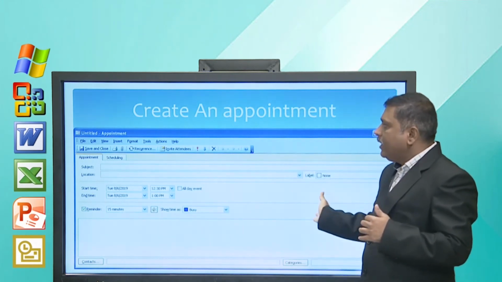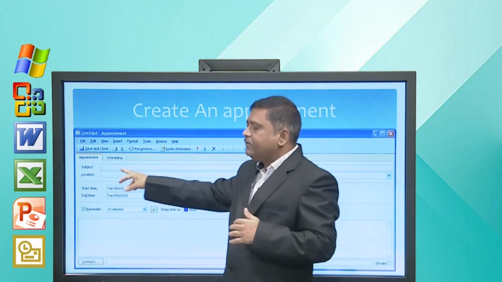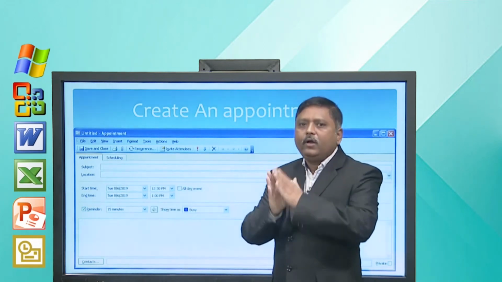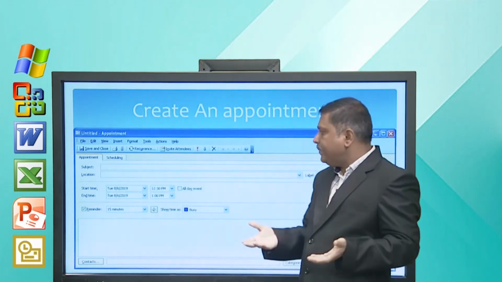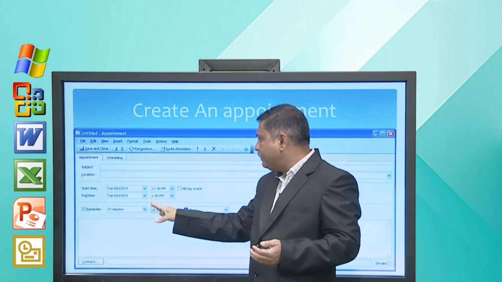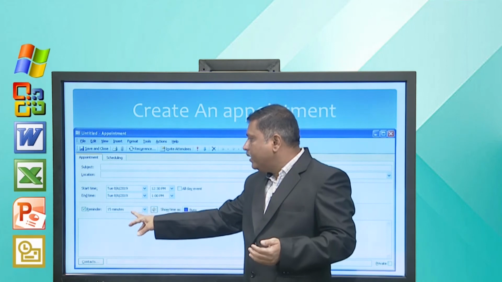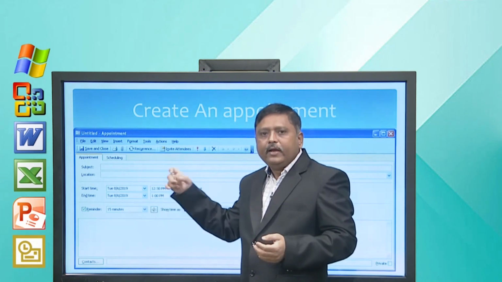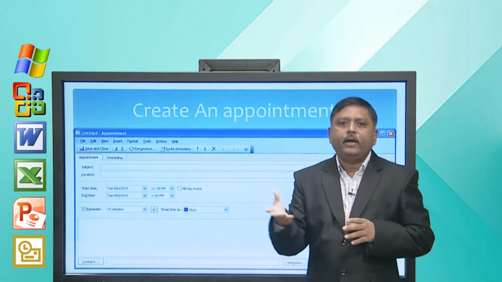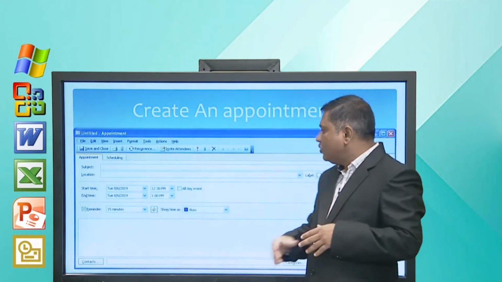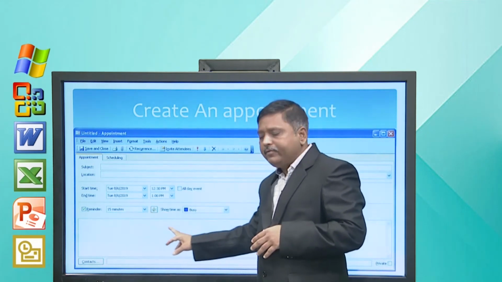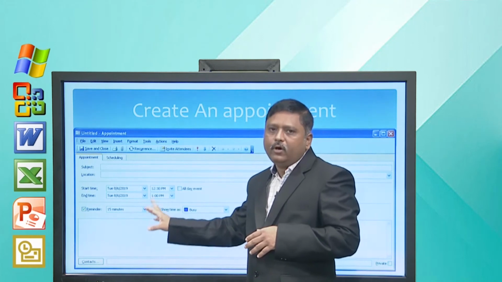So, here in appointment we have to specify the subject of the appointment, then where it is held or location of the appointment, then you have to specify start time, end time, and here you have to specify the reminder, how much time before you want to send a reminder to recipients. So, you can specify a reminder also and here you can draft the description of your appointment.